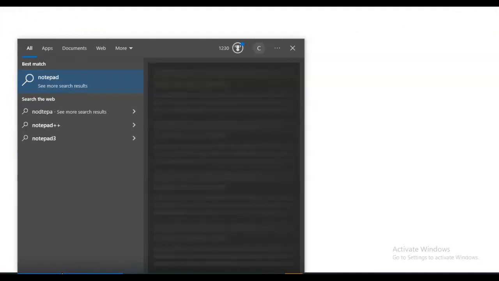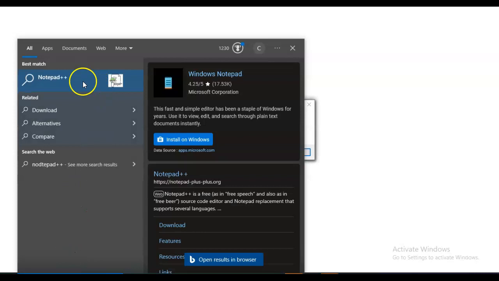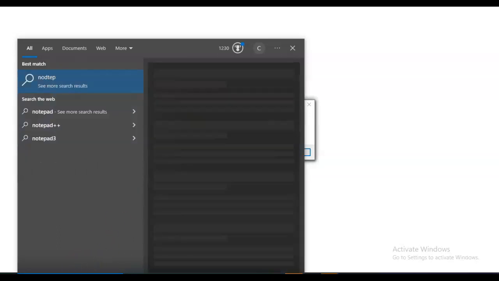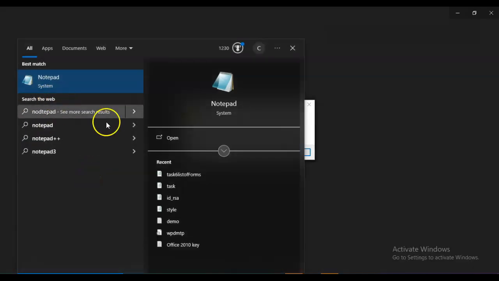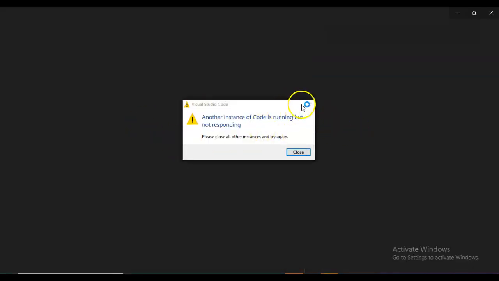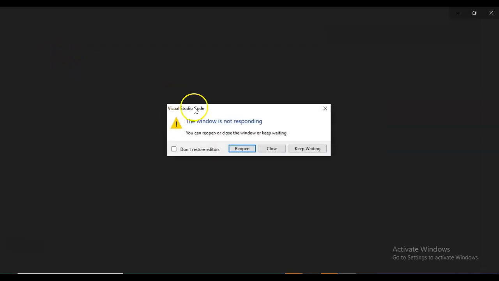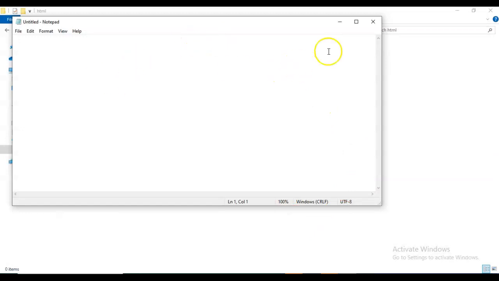Notepad plus plus is also available, and here I have only Notepad in my system, so that's why I can open Notepad. In this Notepad we can also make some files, HTML files. So what happened? The Studio is not responding. Okay, first of all,